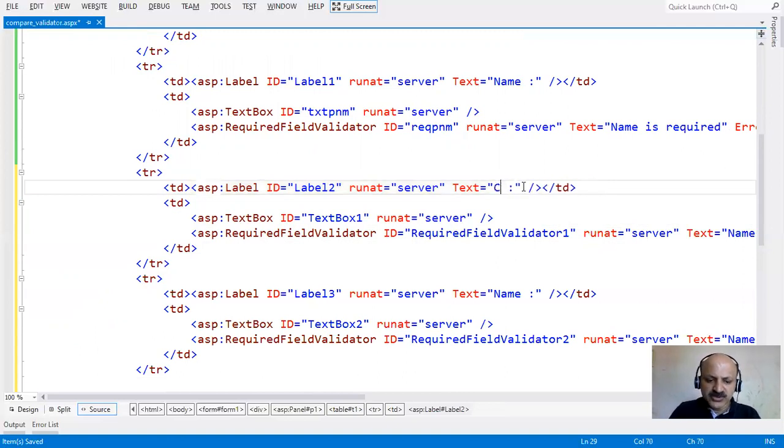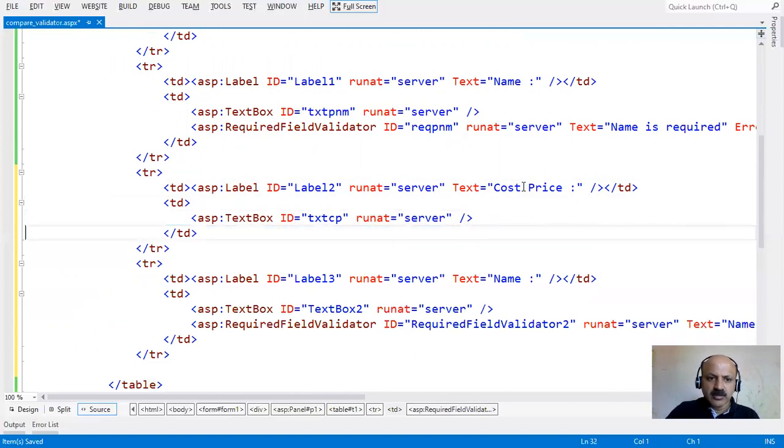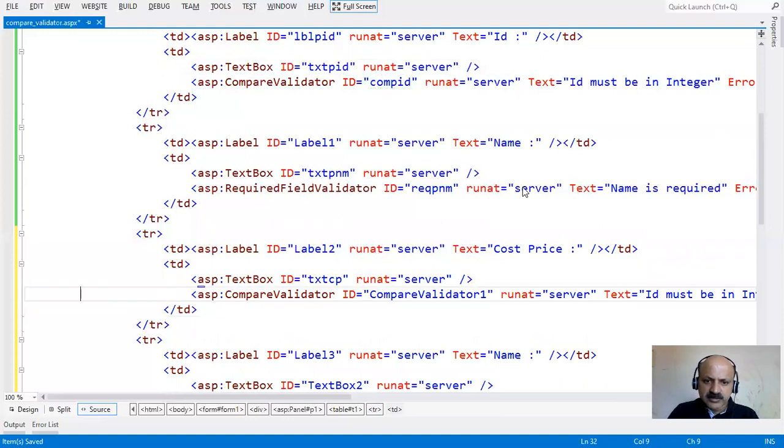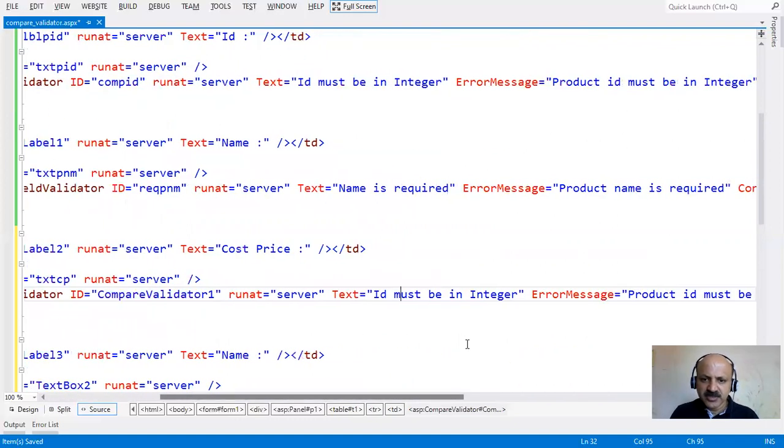So here I take cost price. Okay, and that text box ID I can change to txtcp. There is no required field validator here. I just copy the compare validator, and in the text box I change the ID, and then runat server ID. Okay, now we have to change the text, and here provide the message: cost